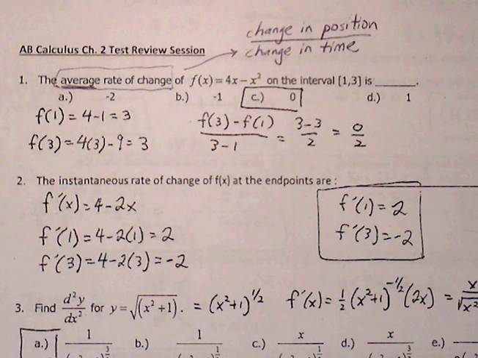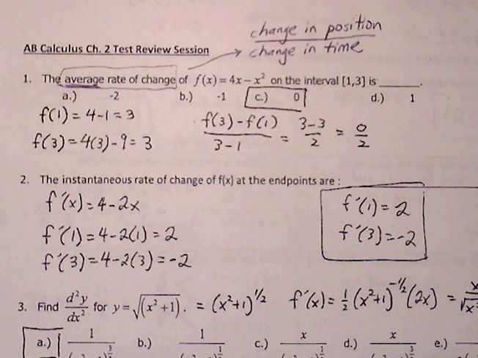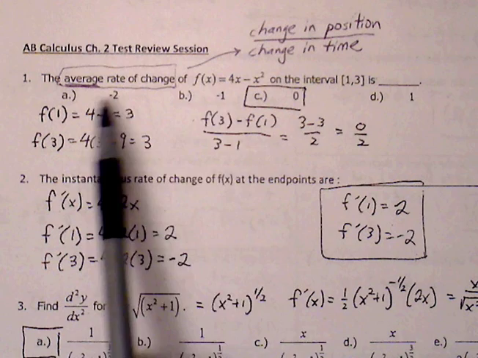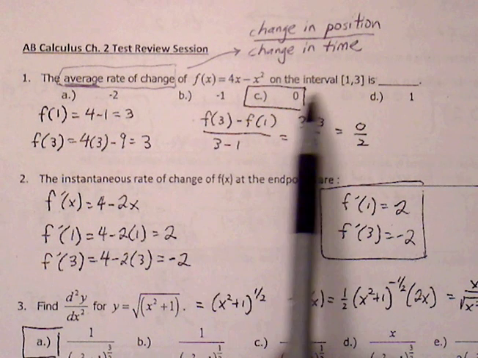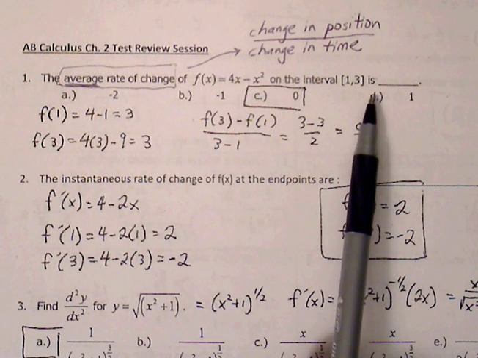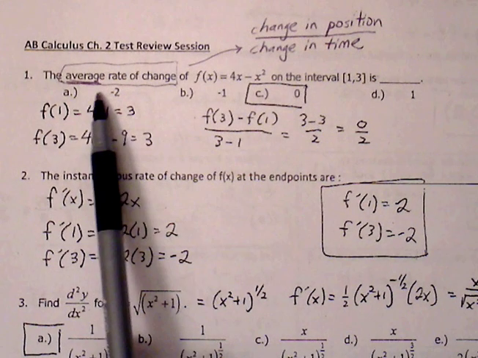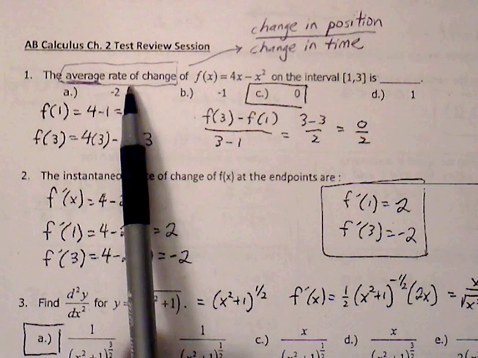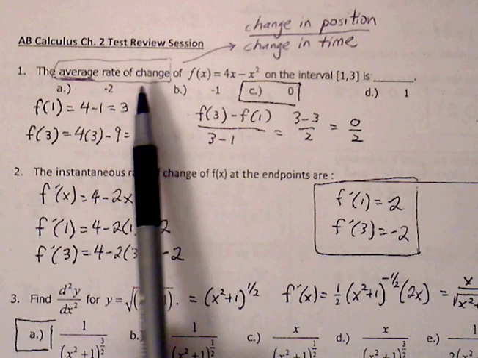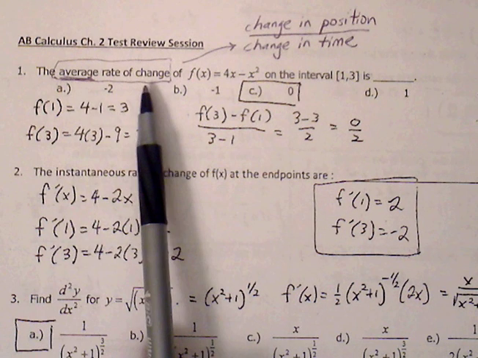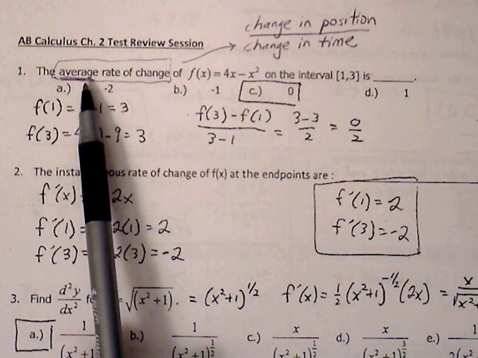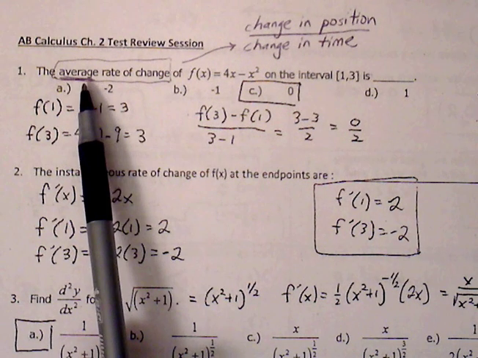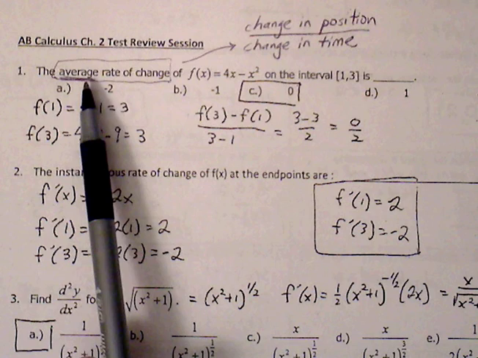Let's walk through the Chapter 2 test review. So number 1, the average rate of change of f of x on the interval between 1 and 3 is. And when we see this word average, okay, average rate of change, average velocity, all that's saying is find the change in position over change in time. Okay, so this average means that we want to find the slope between the endpoints, that there's no derivatives involved